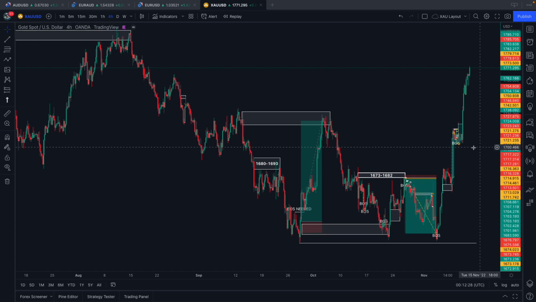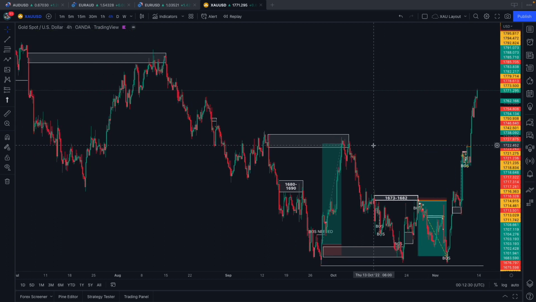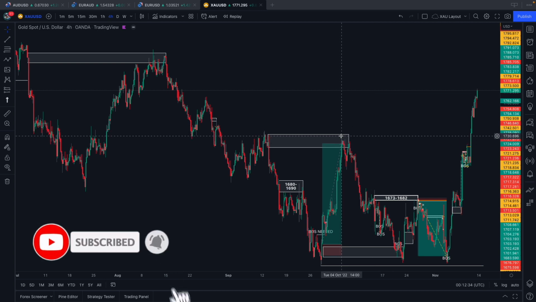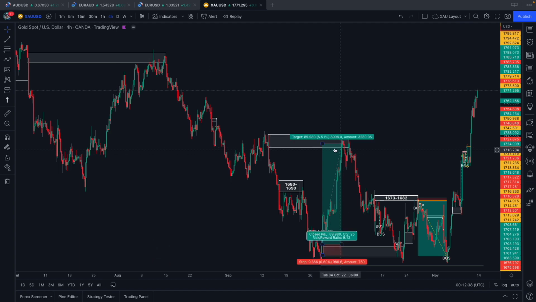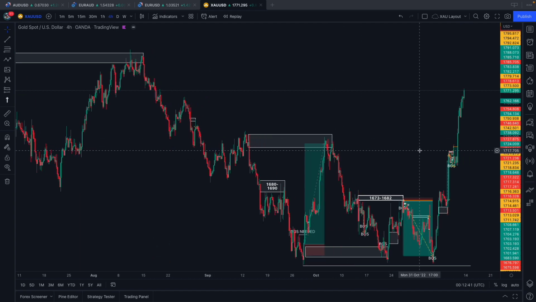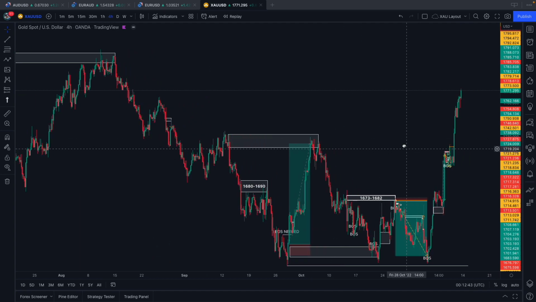We have just now seen price displace itself. So not break structure to the upside, but completely displace itself. As we can see, this structural high has been broken on the higher time frames, the extreme higher time frames. So this tells me that price is potentially now going bullish.